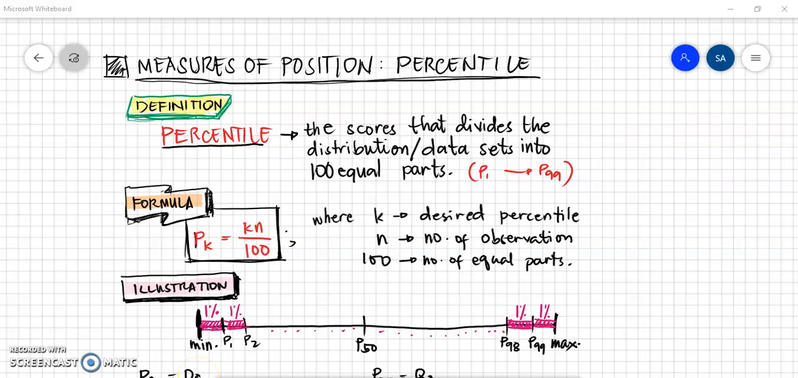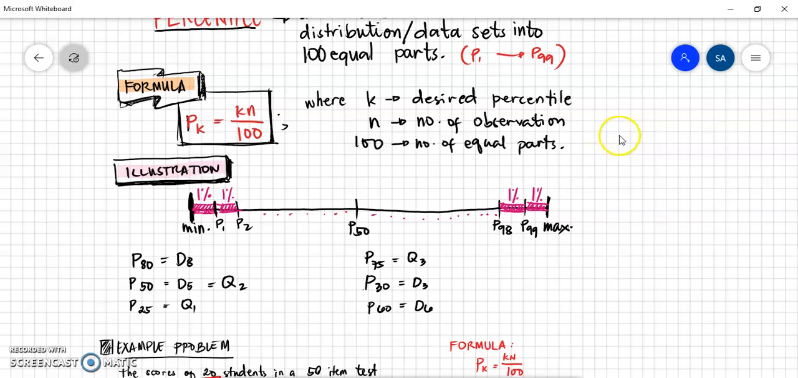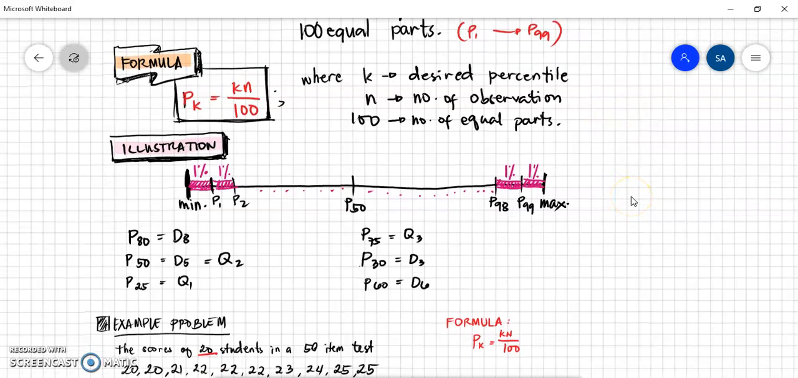Now, the formula for the percentile is P sub k is equal to kn over 100, where k is the desired percentile and n is the number of observations, and 100 is the number of equal parts. To illustrate this further, kung kanina sa quartiles, meron tayong tig 25% nung 4 equal parts natin. Sa decimal naman meron tayong tig 10% kasi nga decimal siya. Dito naman sa percentile, meron tayong tig 1%, tig 1% to occupy the 100% as a whole of the data